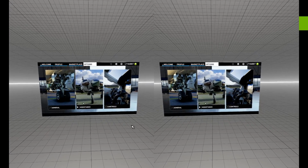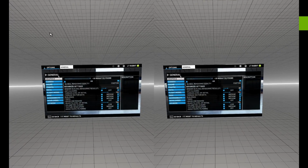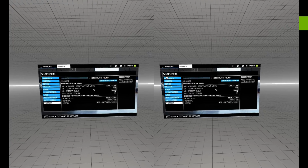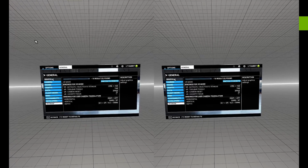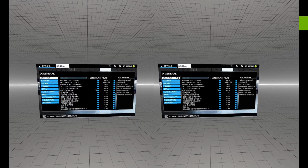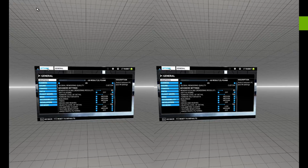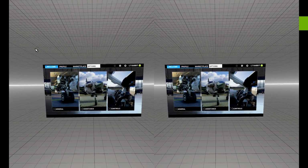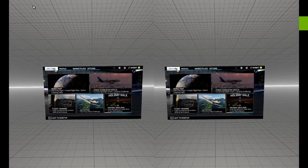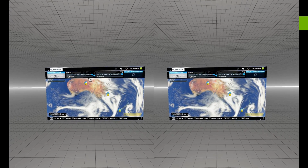Let's try performance-wise. I've just changed the VR settings to... hang on, graphics. Let's go in... So I've just switched everything either to medium or low, because when we're doing VR, really, it's just the experience. We don't want that screen tearing stuff to go on. Now, let's just pick...